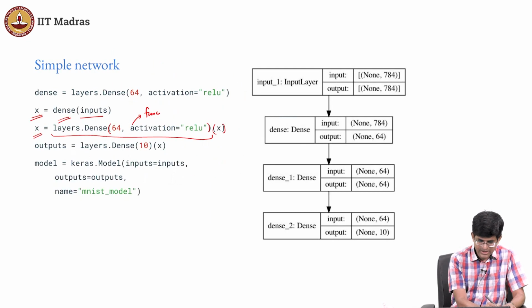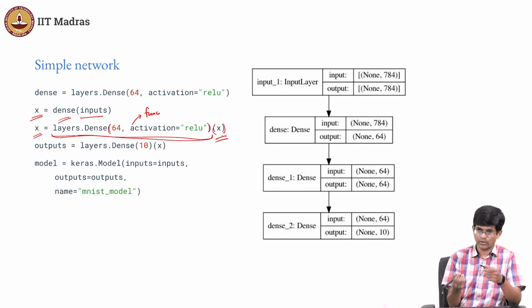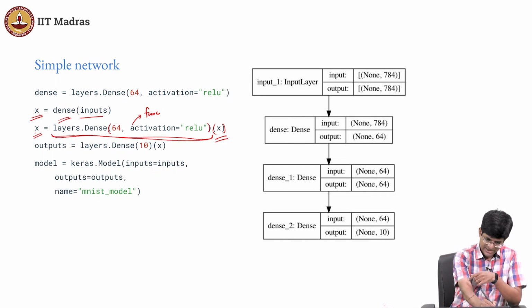If I look at this, right, this layers.dense is a function call. What is it returning? It's returning a function. That is what is being applied to this x. And interestingly, it's not actually being applied to x. Finally, it is being composed on x. It is also returning a function. So x, in other words, at this point is not a value, it's not an integer, it's not a float, it is a function.